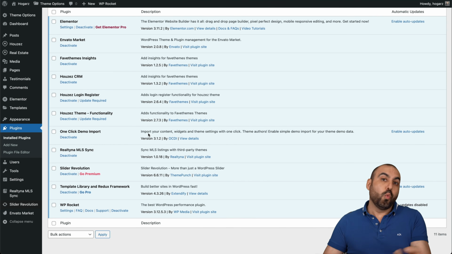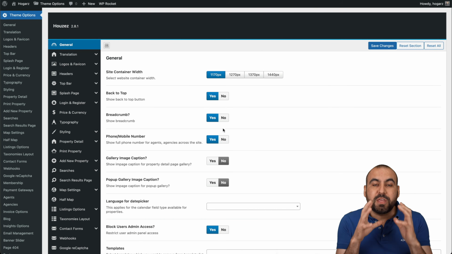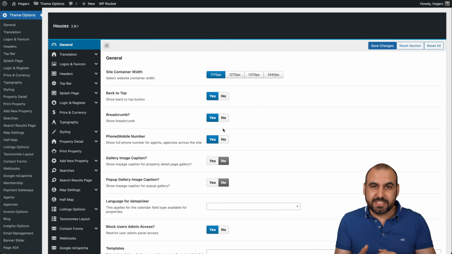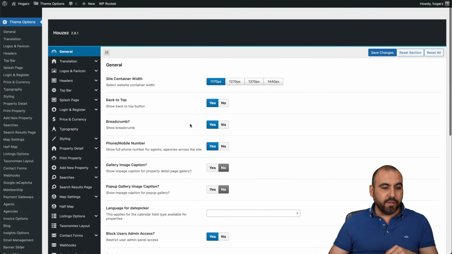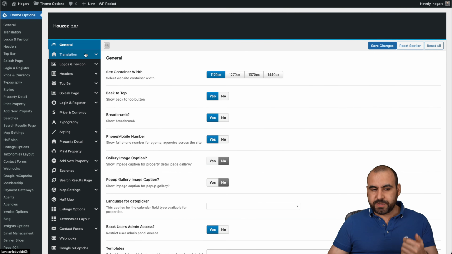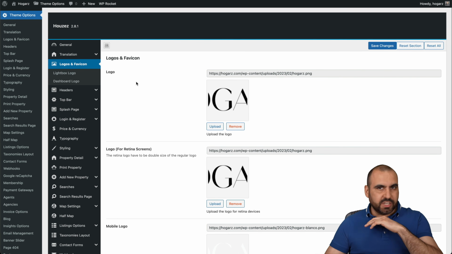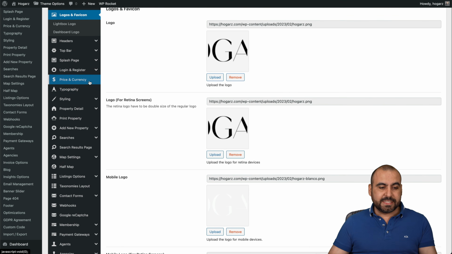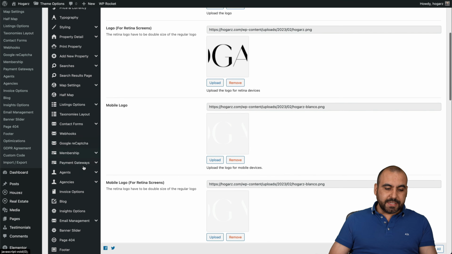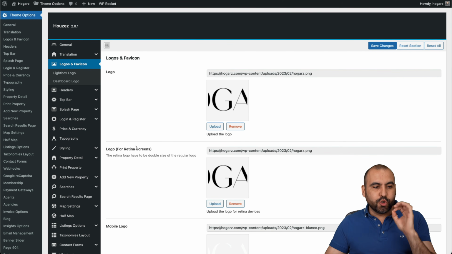Now, to get started, once you do the demo import, head on over to the theme options. There's a ton of theme options because there's a lot of functions. So that's pretty cool. You get practically everything that you're going to need with the $69 that you're just paying for it, okay? Now you have the general settings for all of this. And you got your translations if you want to use it for another language, the logos and icons. In this case, I've only added my logo, but there's a ton of things that I have to do to set it up correctly, okay? There's headers, a top bar, the prices and currencies, the typography, all of these settings. You're going to go through them one by one to set it just the way you like it, okay?